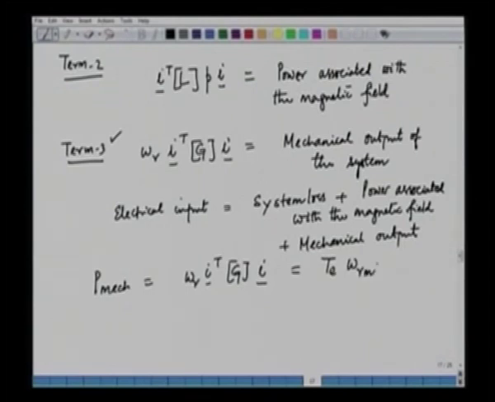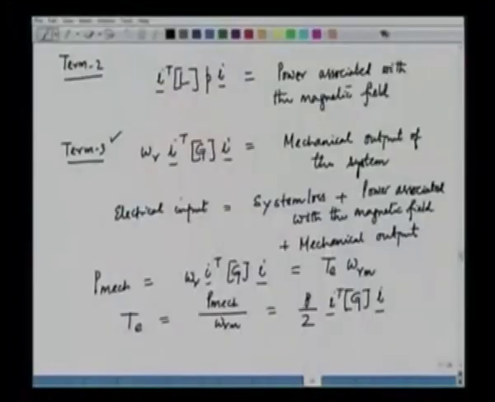Omega Rm is the mechanical speed. Now if you want to find out the torque, it is equal to P mech by omega Rm. That's equal to P by 2 into I transpose G and I. So this is basically the torque that's coming out of the system,